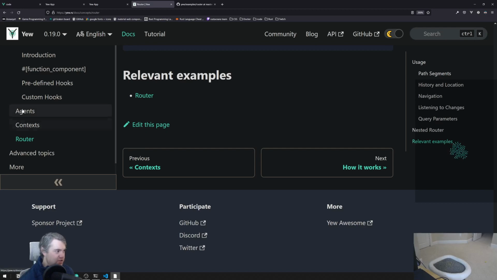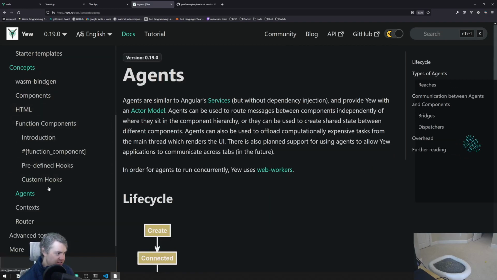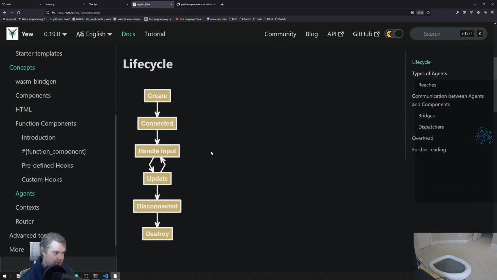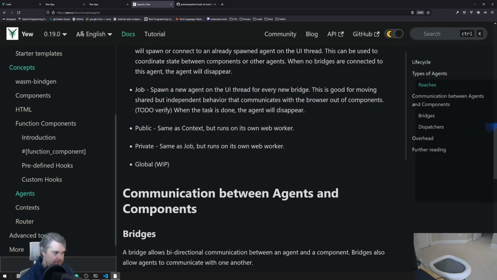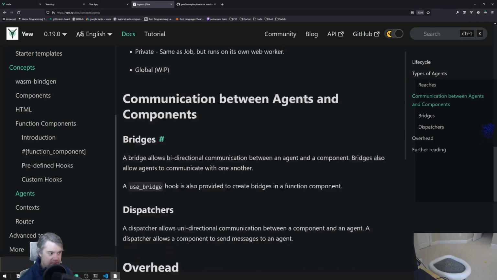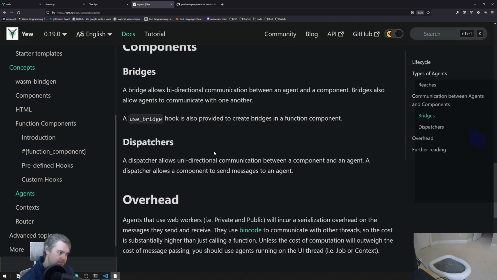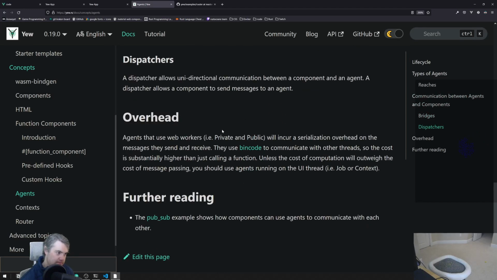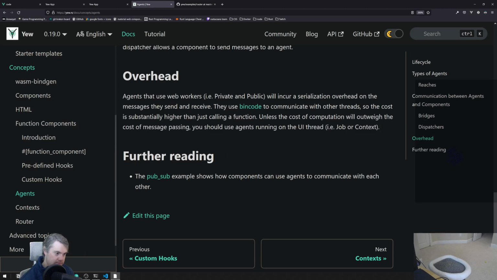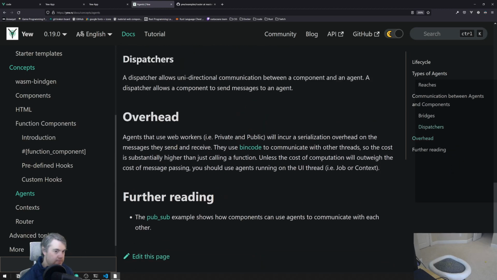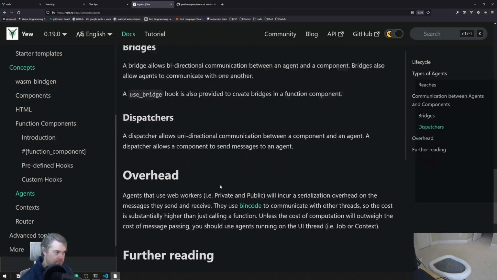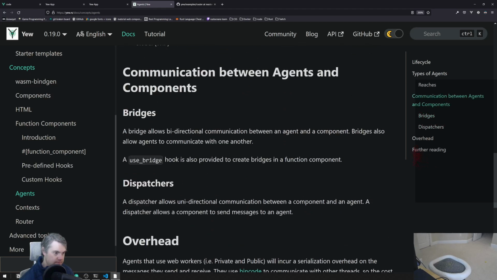There is a way to do that using these agents, which we haven't played with yet. Okay, so we can use